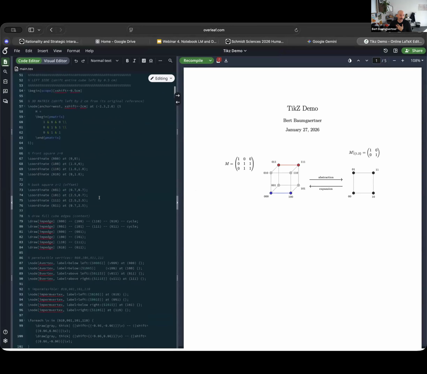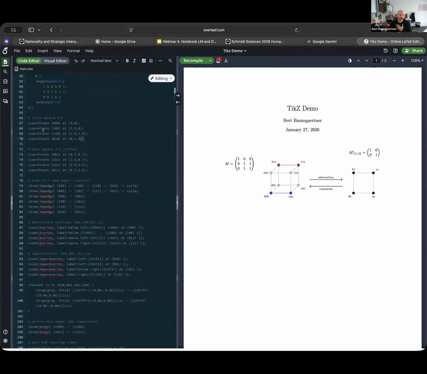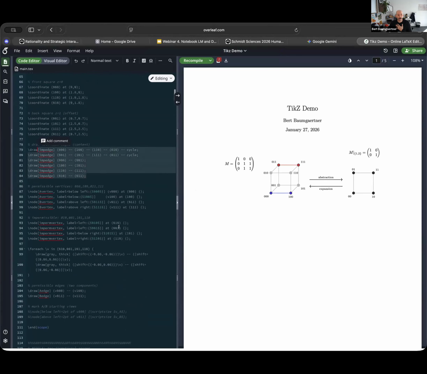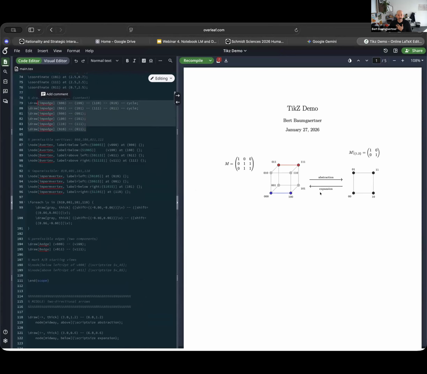You'll see here on the left, I have to specify the various kinds of coordinates, what exactly needs to be drawn, those coordinates, what those nodes are, and so on, to generate an image that looks like this here on the right. When I had more time in graduate school, I did this sort of thing. But as a faculty member, I just don't have the patience anymore to get to that kind of level of detail. So the other way that I've used Deep Research and Gemini for this is to actually